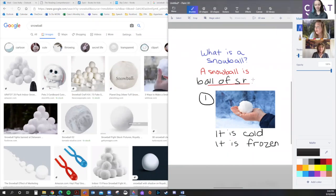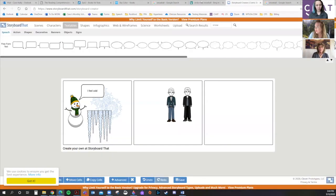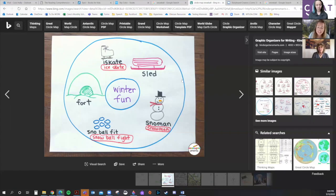But it's so much more. And so as we're building this background knowledge, you can start to use word maps. I just quickly pulled one up somewhere here. So this is just an example. I would put snowball in the middle,